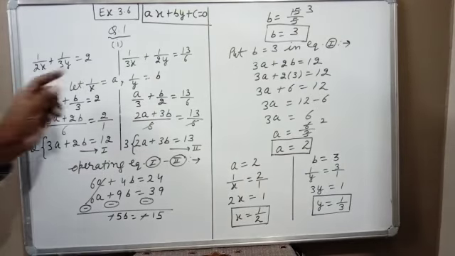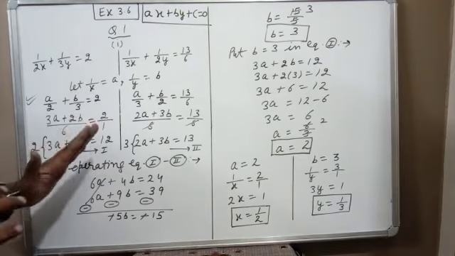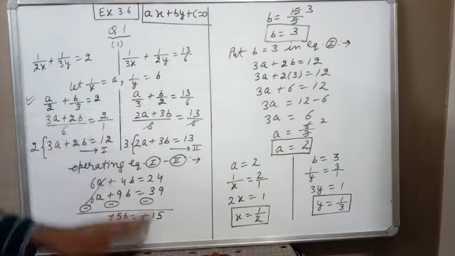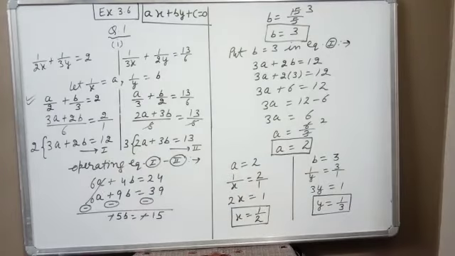So if the question is in x and y but they are in the denominator, first we will change into a and b, then we will find the values of a and b, and again we will change a and b into x and y. Means the answer will be again in x and y, not in a and b. So tomorrow we will discuss more parts of this first question, then your doubts will be clear.